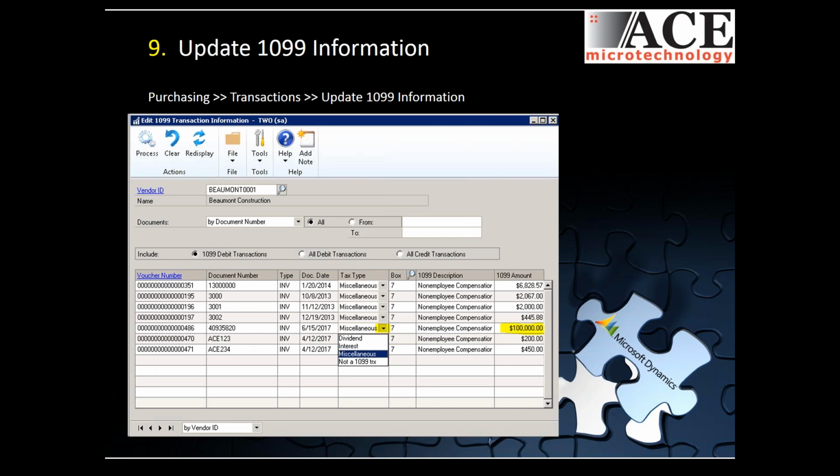and the box that the dollars go to for the 1099 itself, but it actually allows you to change the 1099 amount. So in this example, where Beaumont Construction had a $100,000 invoice, we've determined that only $75,000 of it is 1099able. We can go into this screen right here and make that change so that once we're ready to generate our 1099s, we've already gone through and corrected all of the mistakes that have been made throughout the